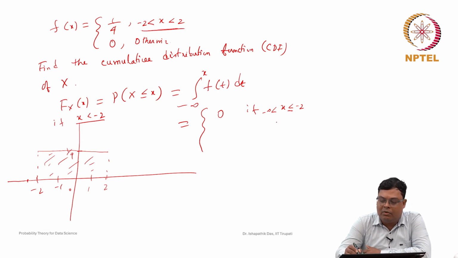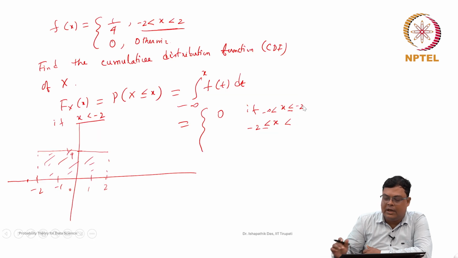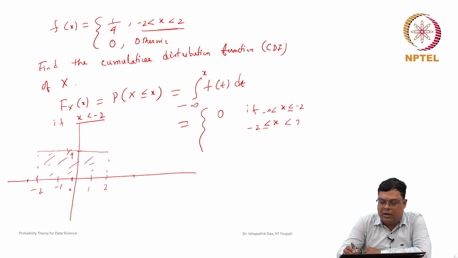Now, whenever x is greater than or equal to minus 2 and less than 2, there will be a separate case when x is greater than 2, because then all the integration you will do, this area will cover 1. So, plus 0, it will be 1. But whenever x is inside minus 2 to plus 2,